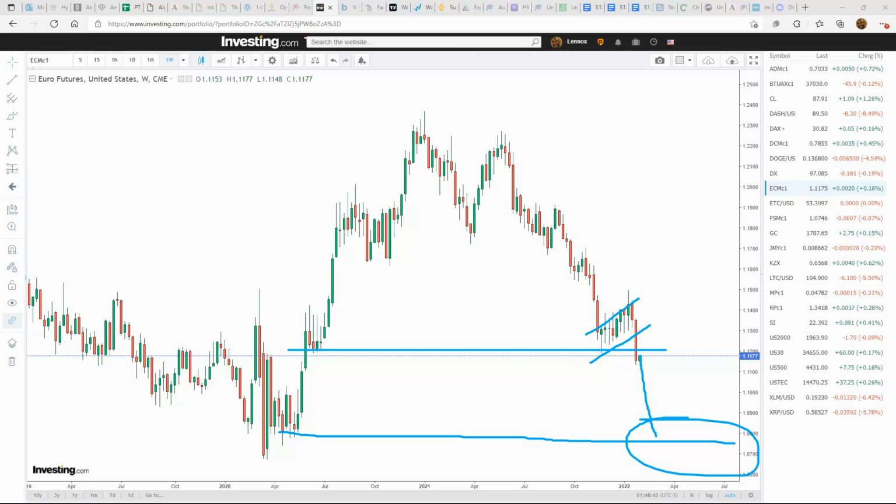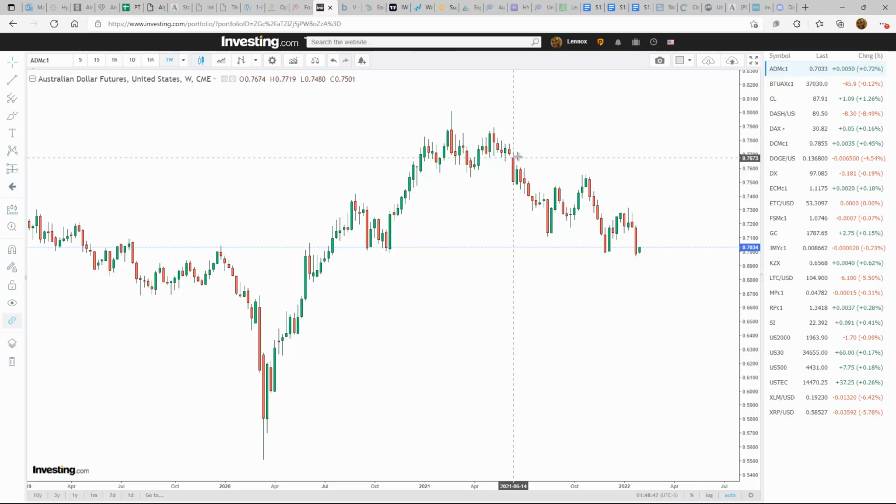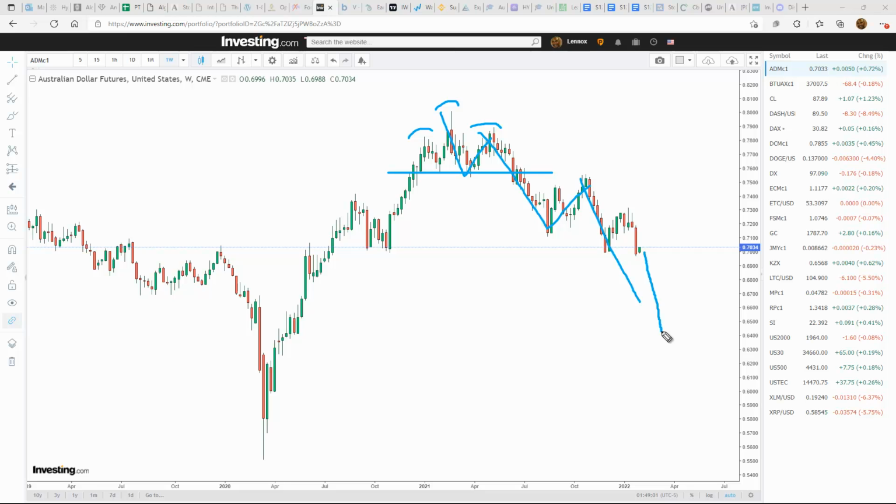That would also hold for the Aussie, a similar type of move. We've got a double top, a 1, 2, 3 top, head and shoulders, everything here. We're definitely on the way down, and you can see that that's what's setting up. We'd be looking for further downs in the Aussie, back down to this level. We can also look at